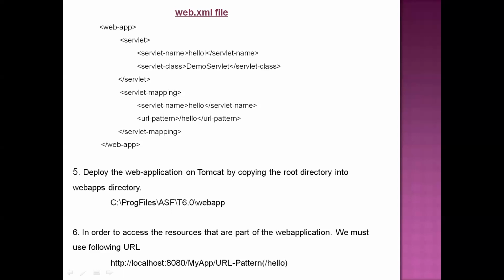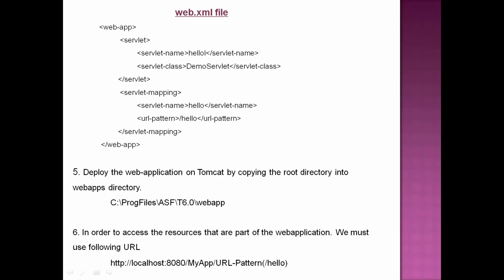Suppose your server is on a different machine, here we need to write the IP address or some host name. Then a colon and the port number. The port number indicates in which port your server is running. So this is the port number of the Tomcat server. At the time of installing Tomcat server, we can see the port number.